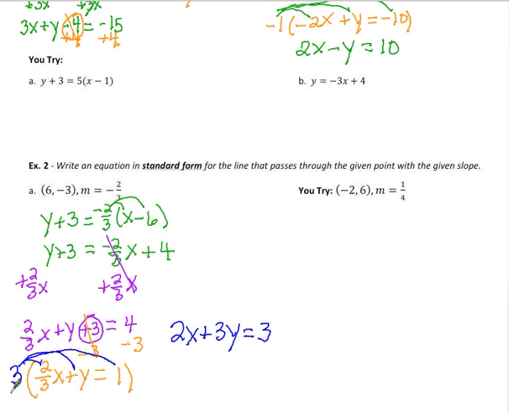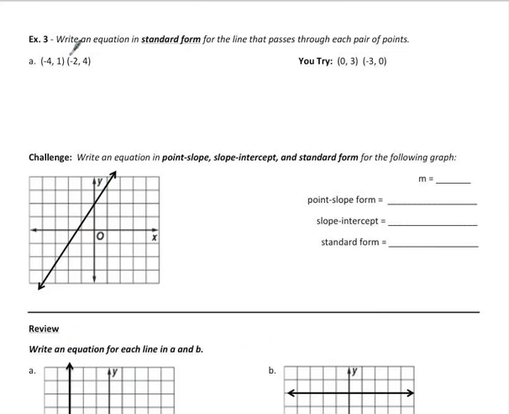If you need to, put it in your calculator to convince yourself, or think about how we multiply. 3 times 2 is 6. 6 divided by 3 is 2. That's how we get that 2 there. So now you have a you try. On the back of your notes, we have one more example that I'm going to walk you through, and the